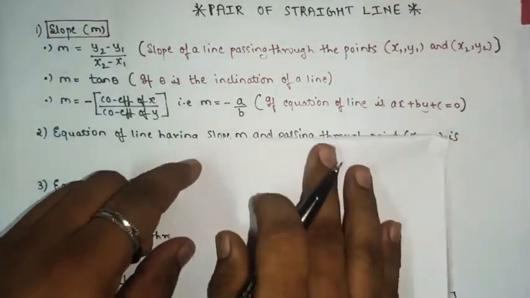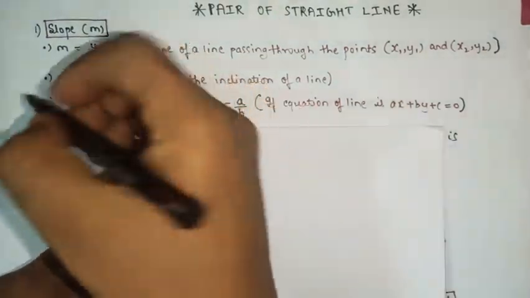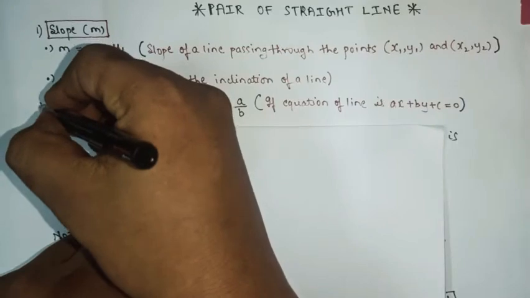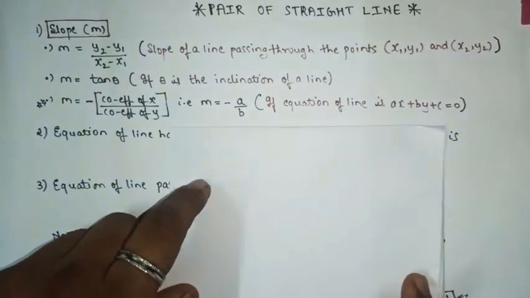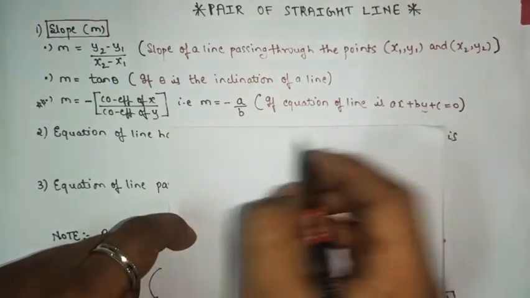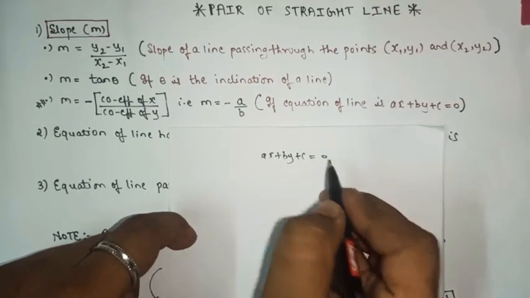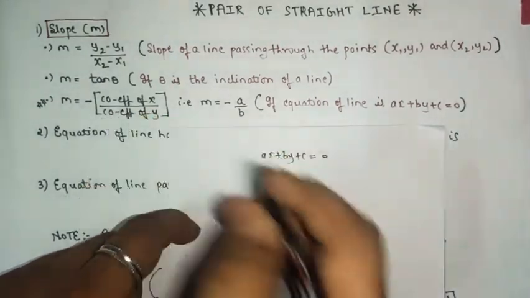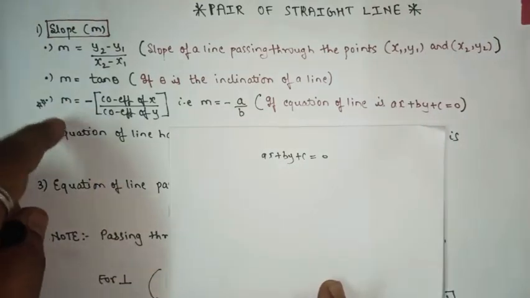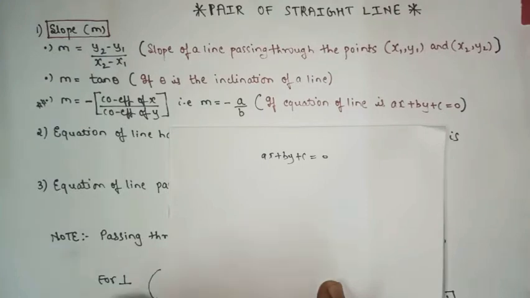The third one is a very important formula. This third one will play an important role in this chapter, because in many exercises you will have a linear equation and you have to find the slope. So the third formula will play an important role in the majority of the sums and even in all the exercises.